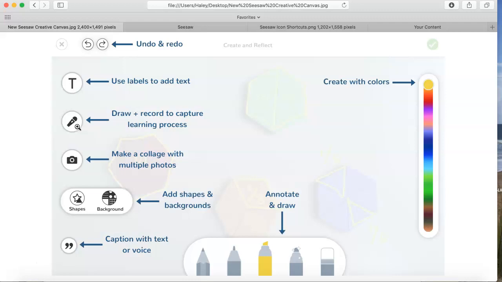It's awesome. Then we have the photo tool, and this will allow you to take a photo from your device, or you can also upload a photo that's saved to your device. Down here we have shapes and backgrounds, and at the bottom there's the caption tool, and you can use text